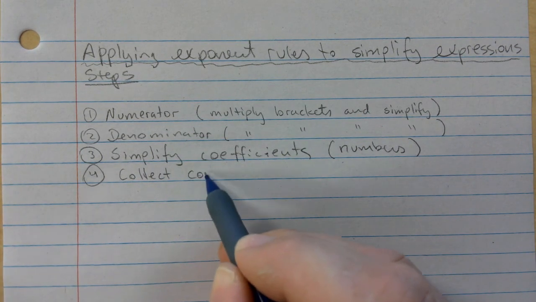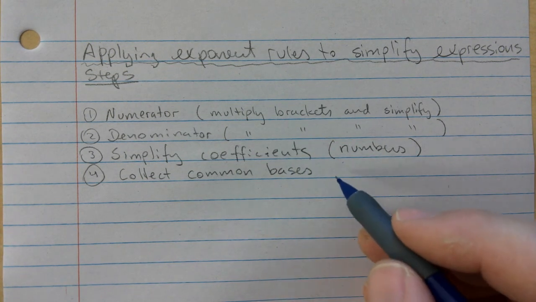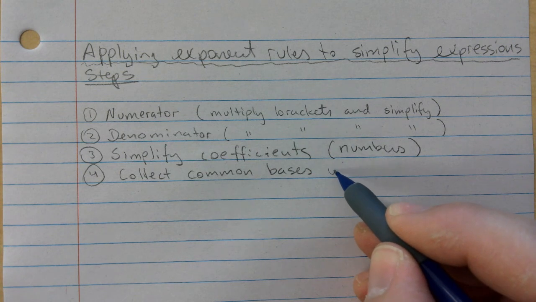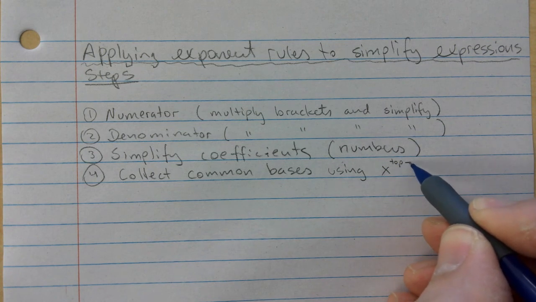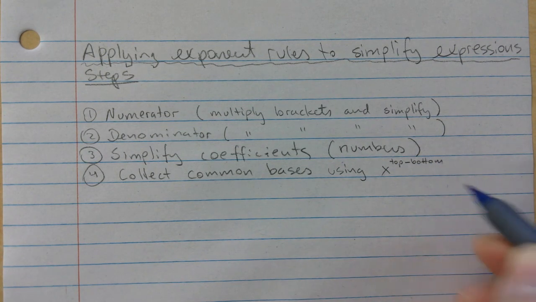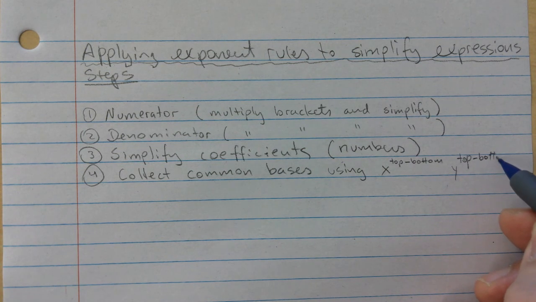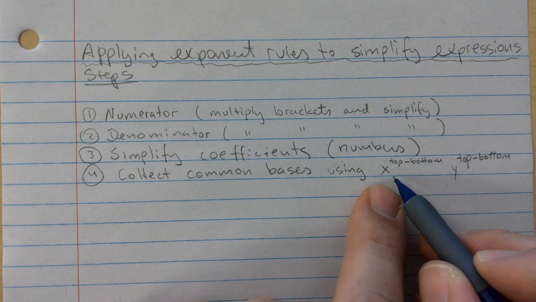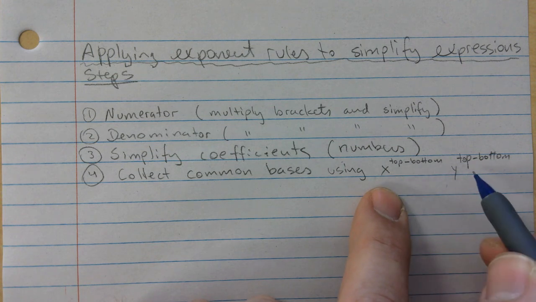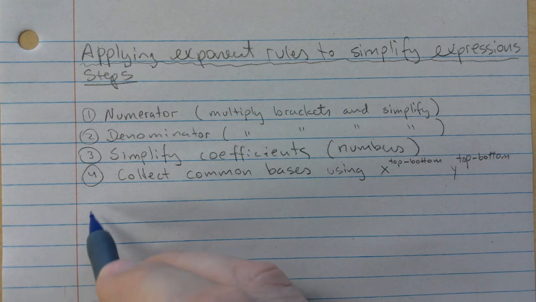Collect common basis using, right, x top minus bottom, right, y top minus bottom, right, and that continues, right? Like, so you're looking between the numerator and denominator, okay, and you're doing this after you have cleaned up the numerator and denominator, and then you want to